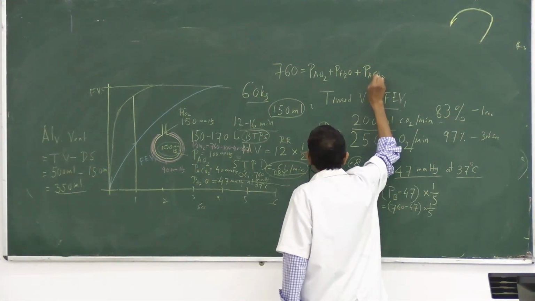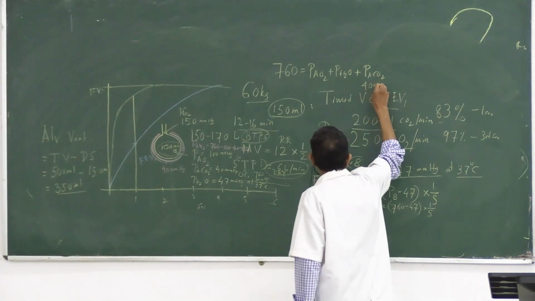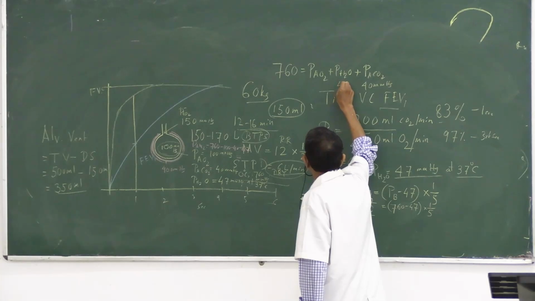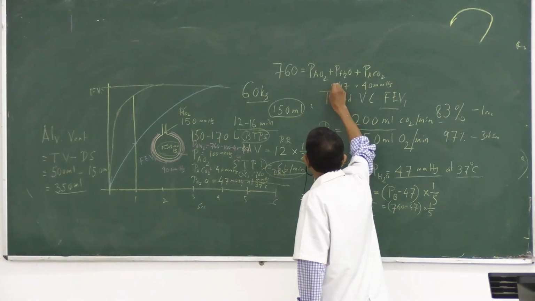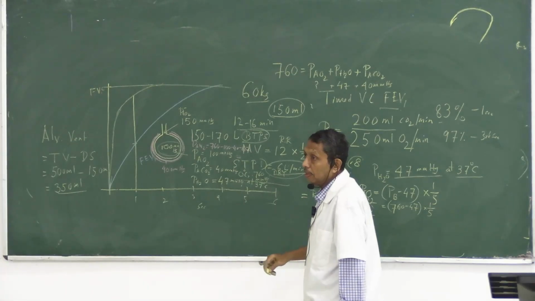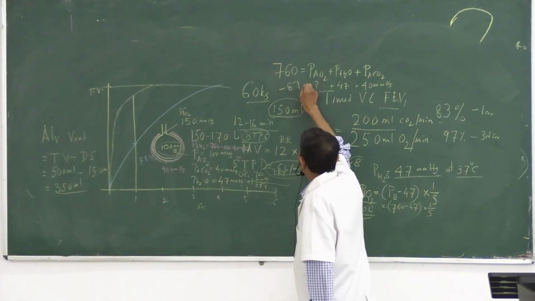If the metabolism remains constant, then its value is equal to 40 millimeter of mercury, and at body temperature it is 47, and you can find out easily, minus 87 করলেই তুমি এটা পেয়ে যাবে।